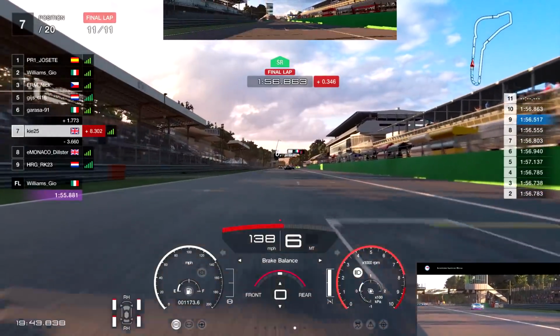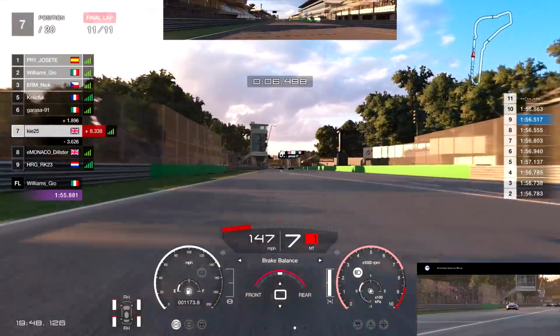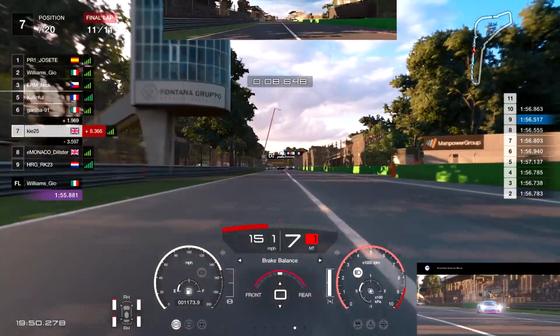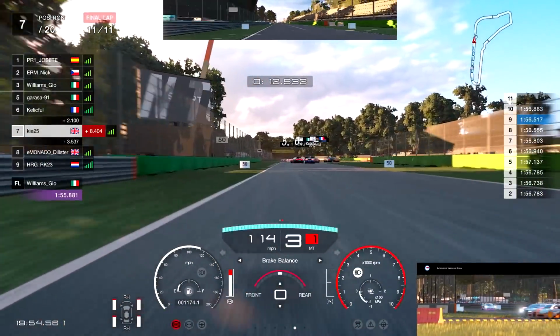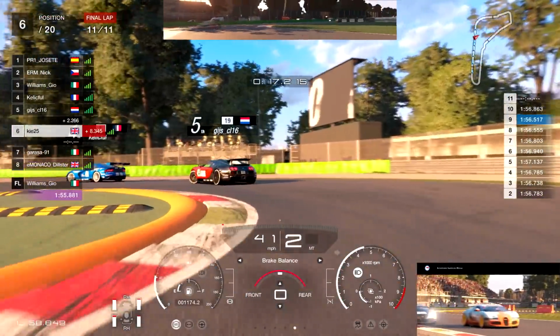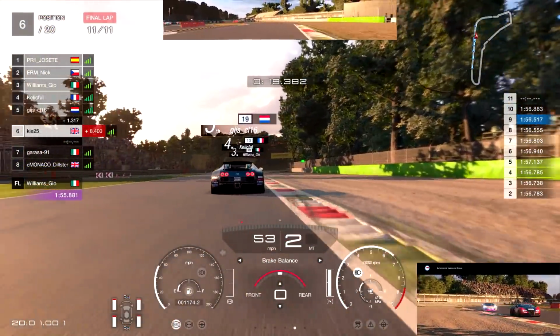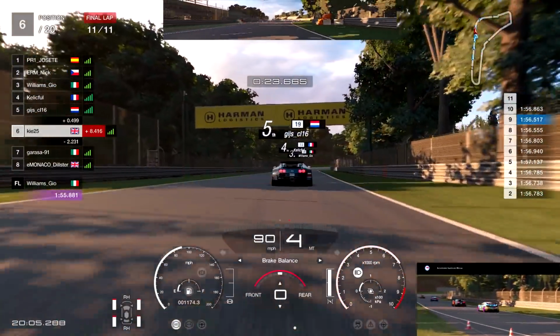Another pretty solid lap in there, 56.8. Could have been a bit faster, but like I say, it's just trying to push, and you start seeing the possibilities. Maybe overdrove it a little bit on that lap, but look at that, 3 wide into the corner, and there has been chaos. Grasser there has been wiped out, and he's been reset to the track. He tried to go straight over the chicane. He's been reset to the track, so we gain a position,